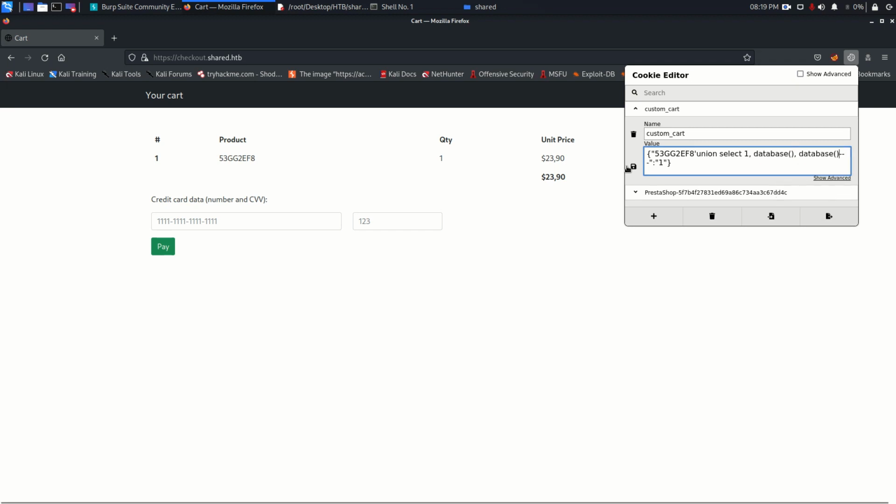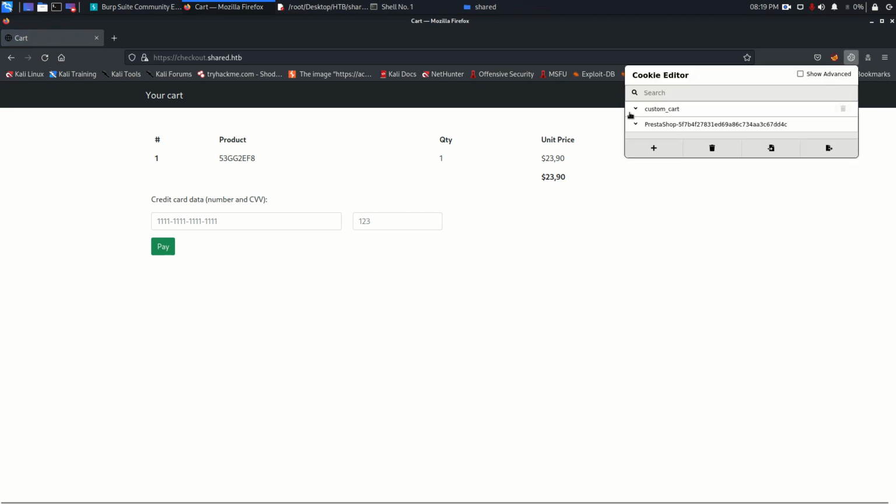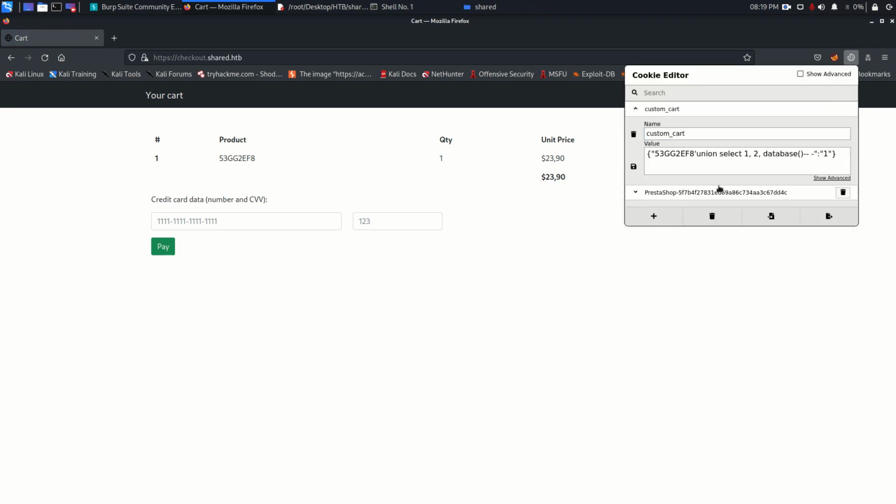Paste that, database. So this one did not work. Let's try the third one, the third column, and refresh the page. Nothing. So there is something wrong with the query, or maybe the database is not MySQL. We see that. So what I'm going to do here is try to remove this one, save,